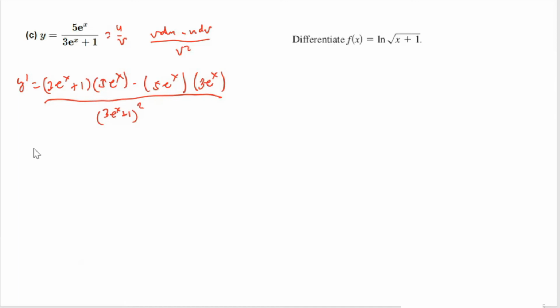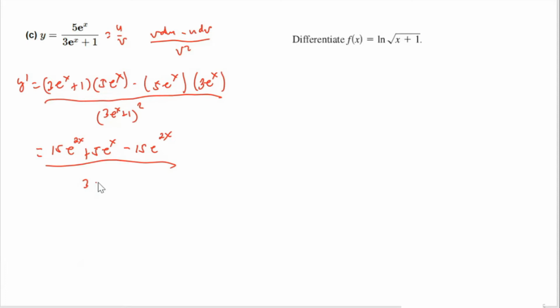Now simplifying this one, we can write now 3e raised to x plus 1 times 5e raised to x. So this can be now 3 times 5 is 15. And since we are multiplying, e raised to x times e raised to x, the answer is e raised to 2x, because we are going to add the exponents. So plus, we have 1 times 5e raised to x. We have 5e raised to x minus this one, also the product of that becomes 15e raised to 2x all over